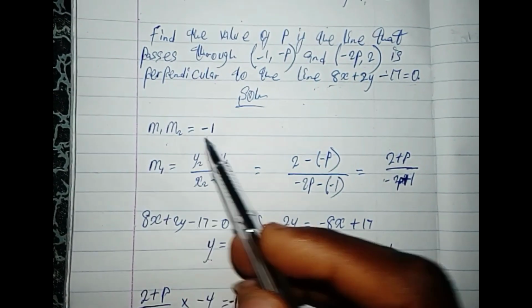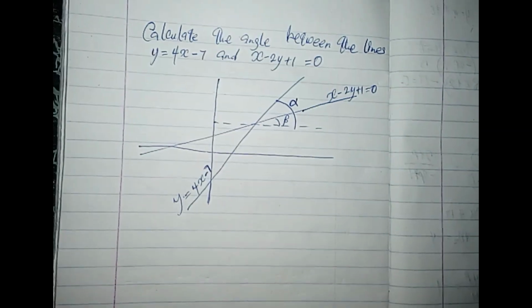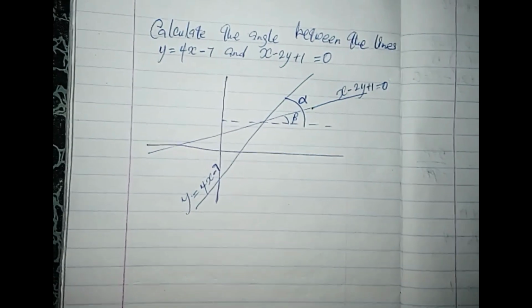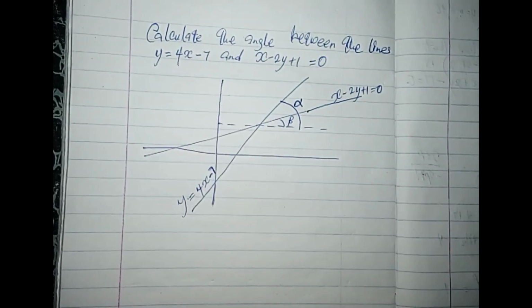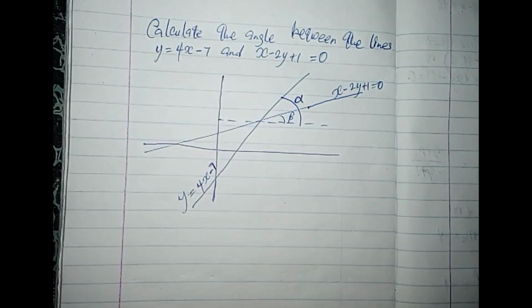The product of their gradients is equal to -1. So we should go to the next question. Okay, here's the next question. It says calculate the angle between the lines y equals 4x minus 7 and x minus 2y plus 1